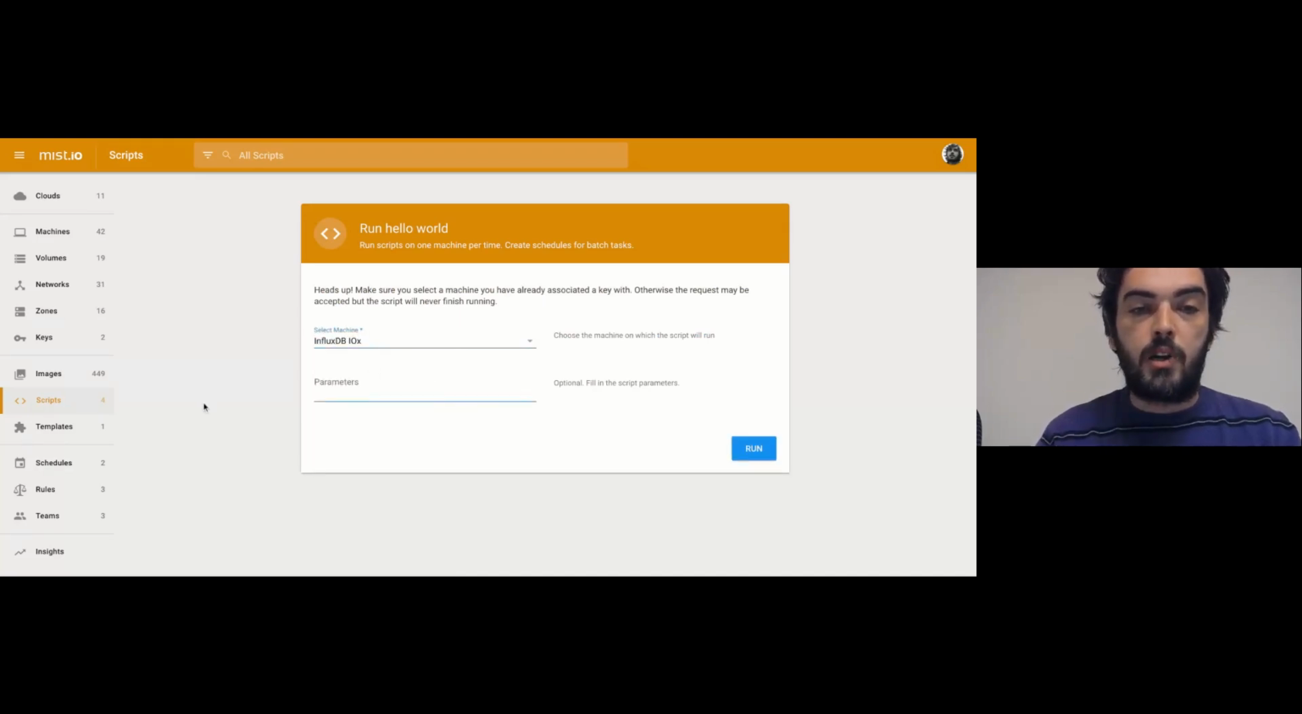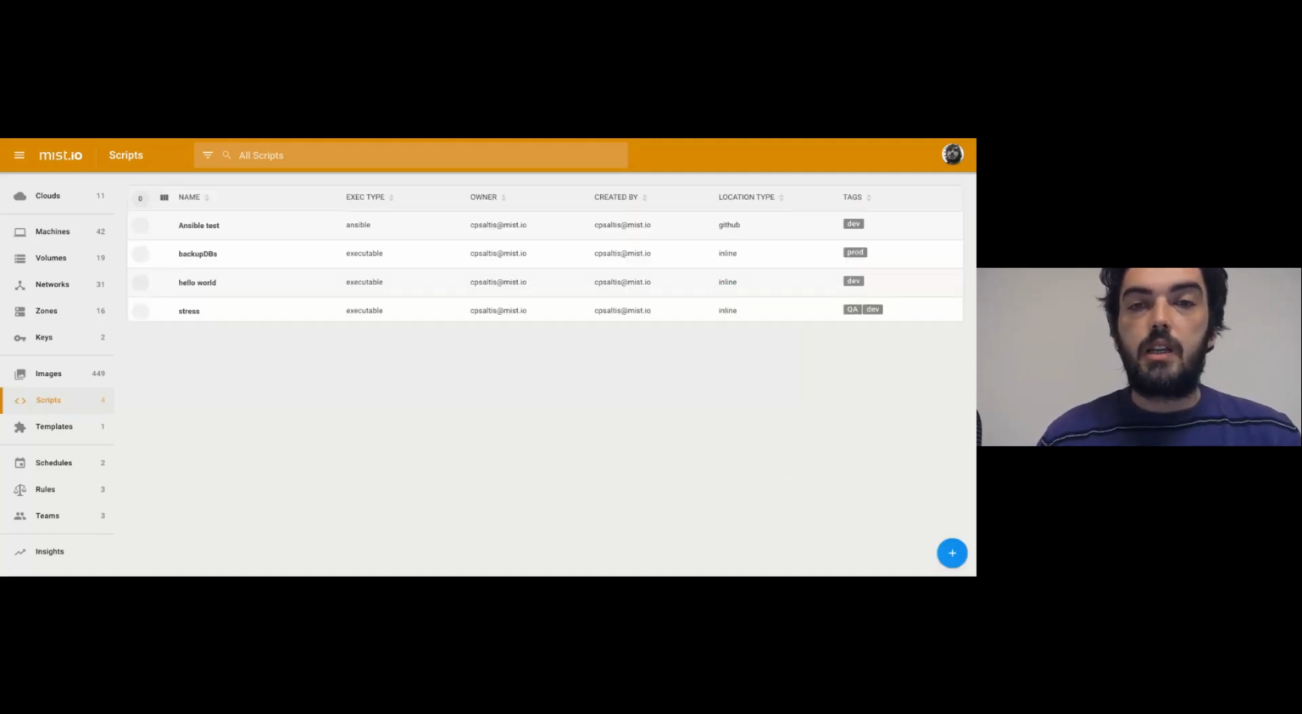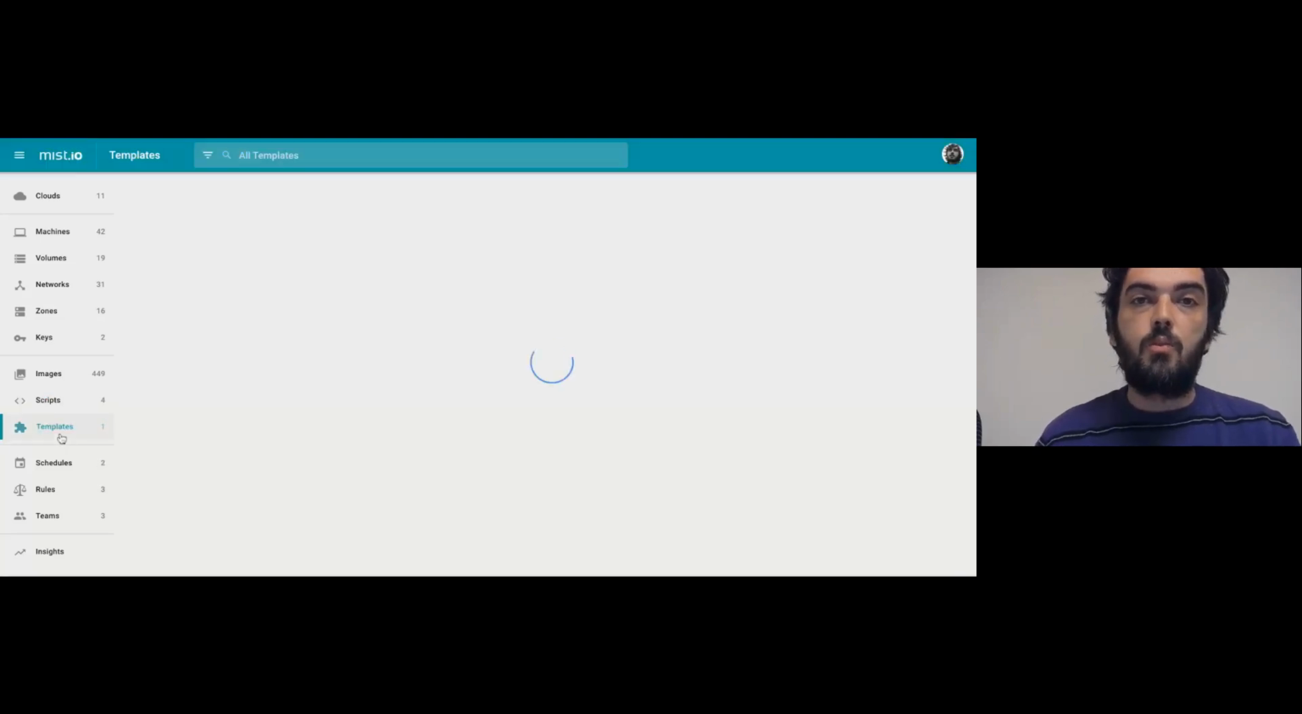If I need to provide some parameters, I put them there. I hit run, and this is it. With scripts, it's fairly simple to install an application or take a backup or clean up some logs, things like that. And one script is executed on a single VM, but in some cases, you need to do more complicated